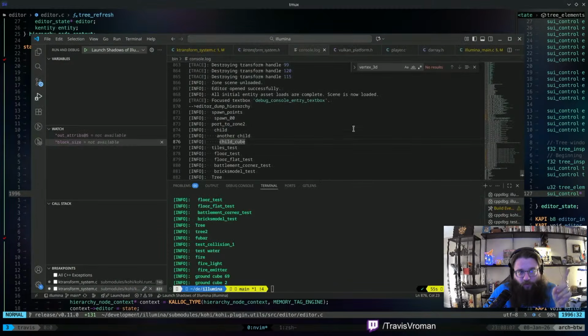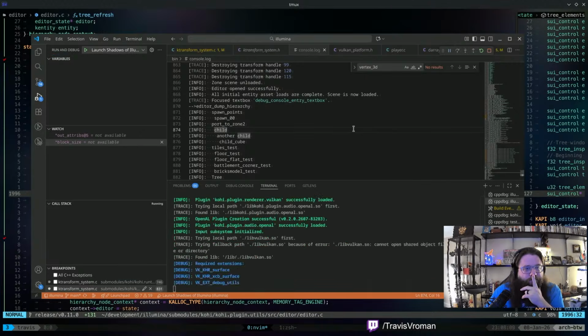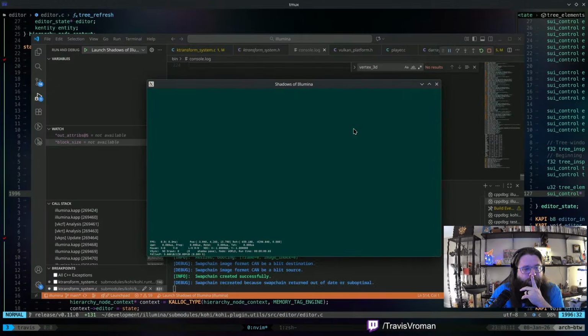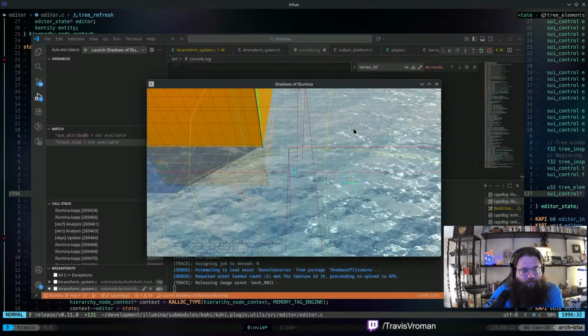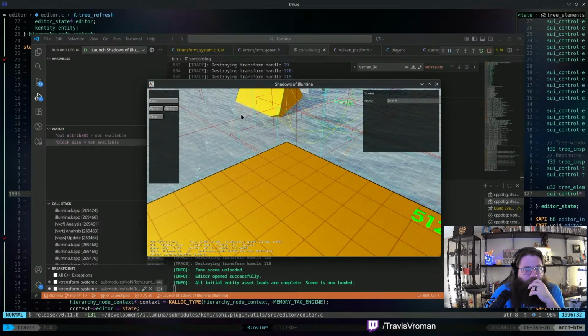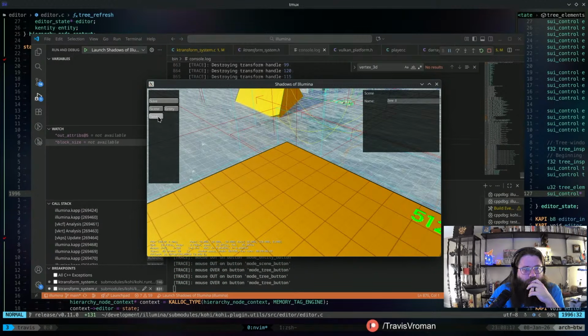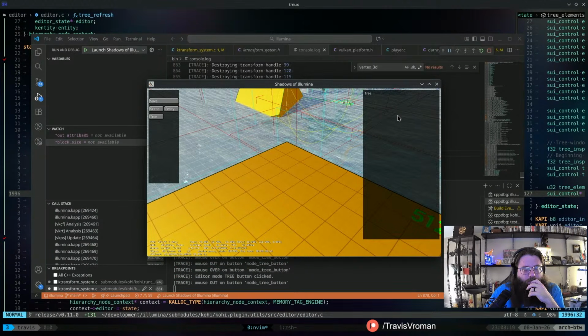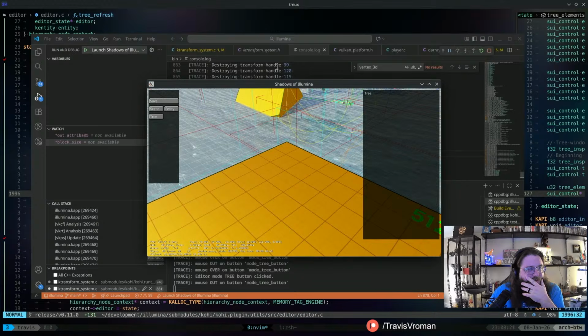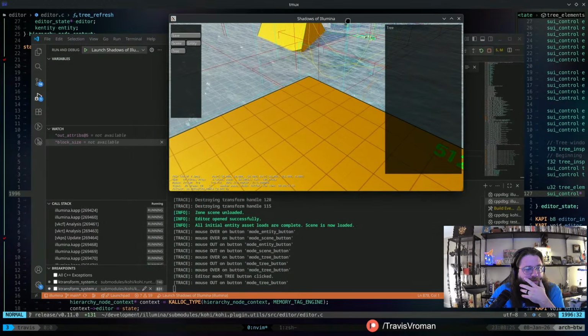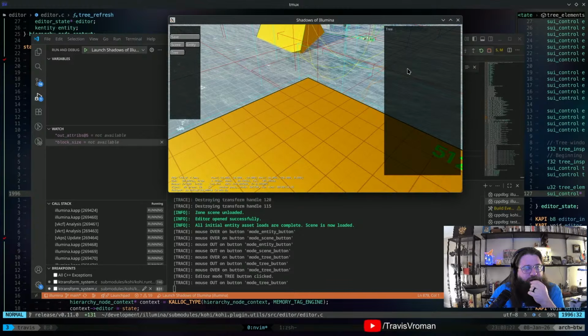All right. It'll be interesting to see how much of this works. So I'm going to try this once. Did I not add it to the tree?